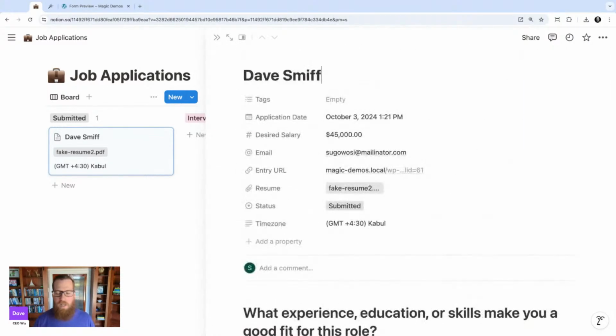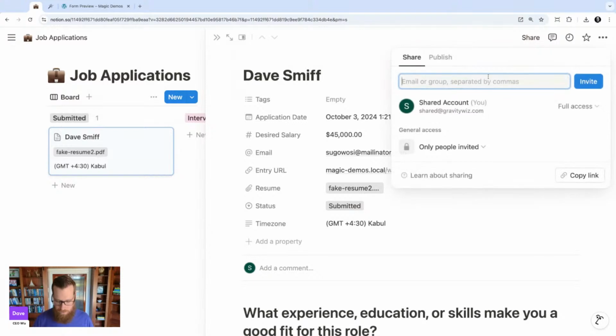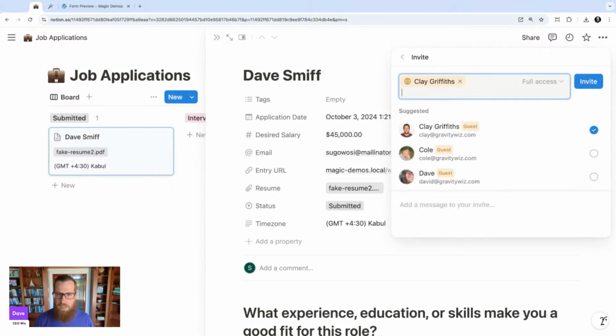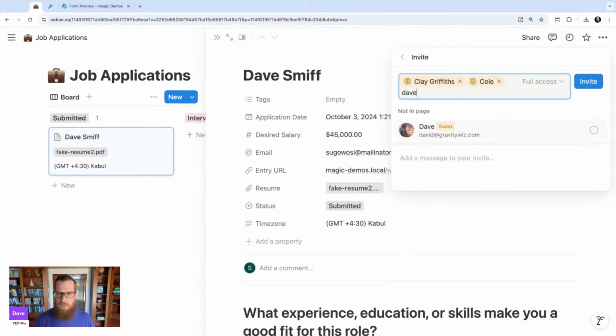And this is where it's going to be helpful for us, because one of the issues that we had is there wasn't a great way to communicate about the customers. You can technically use entry notes, but it's all the way down at the bottom, and you can't actually ping somebody. So for example, if I shared this with Clay, Cole, and myself,